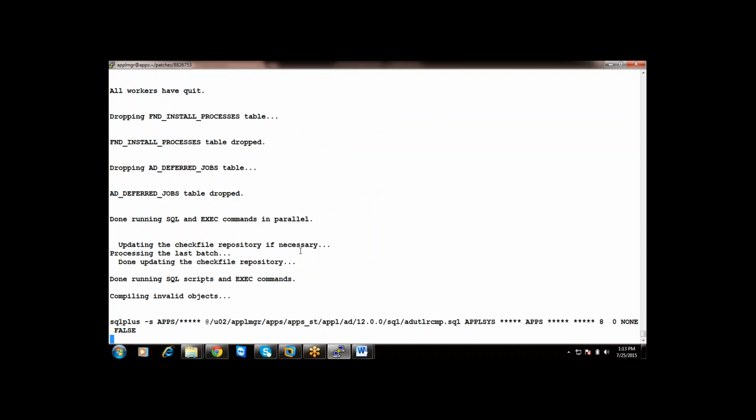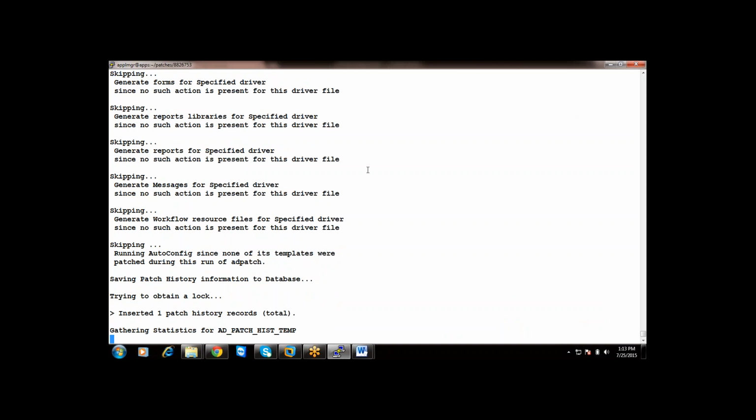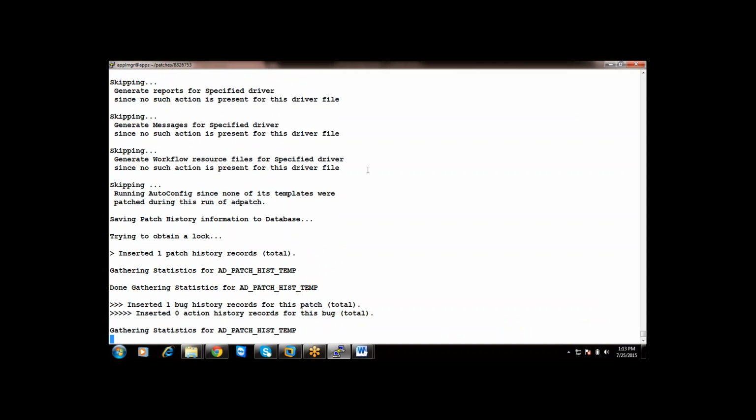So what are these two tables? These two tables might have the patch related information. I will tell you.